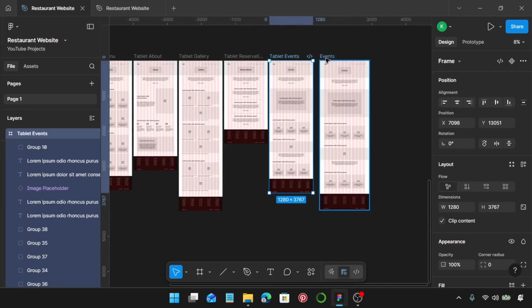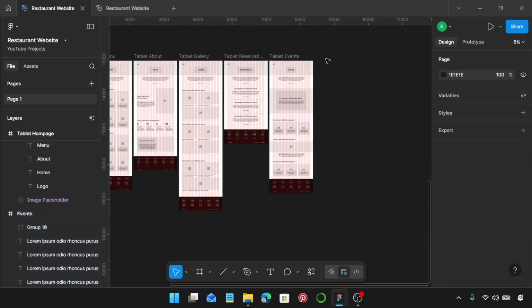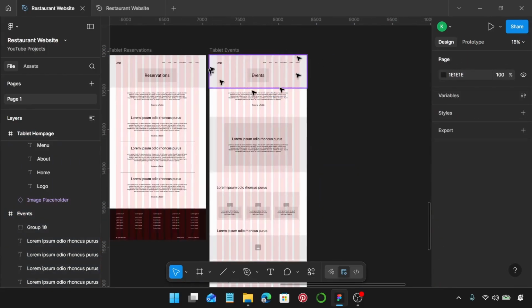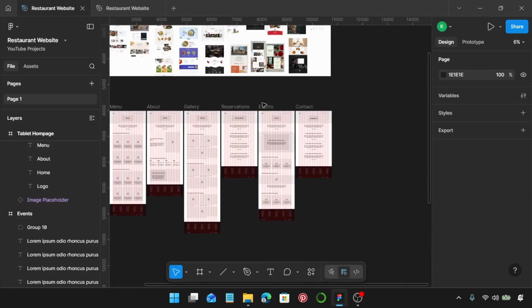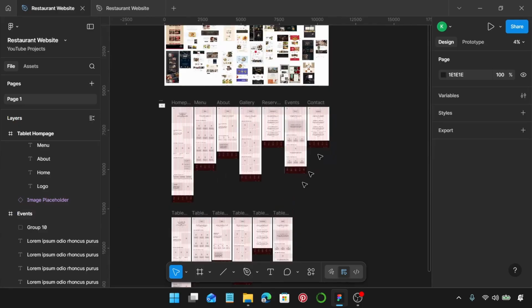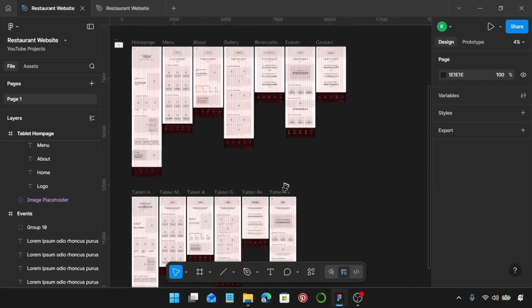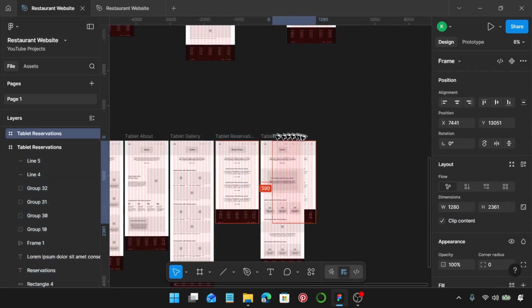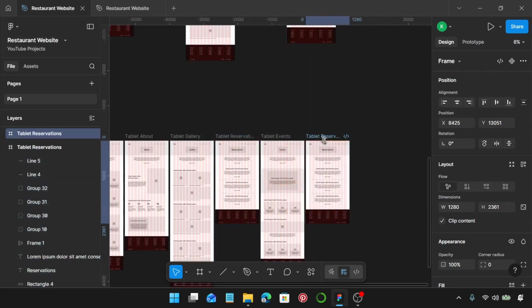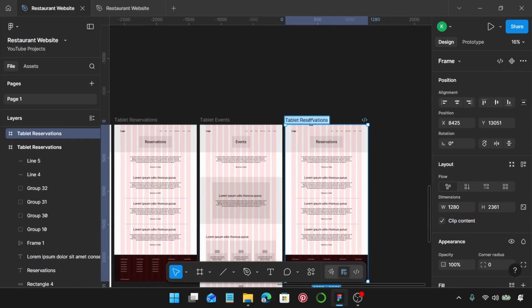And I can just go ahead, select the desktop version, and I'll delete it, and that is the events page. Next is, okay, we're on the final one. Yeah, we're on the final one for contact. So just like we did when we're creating this one, we're just going to create a copy of this, and